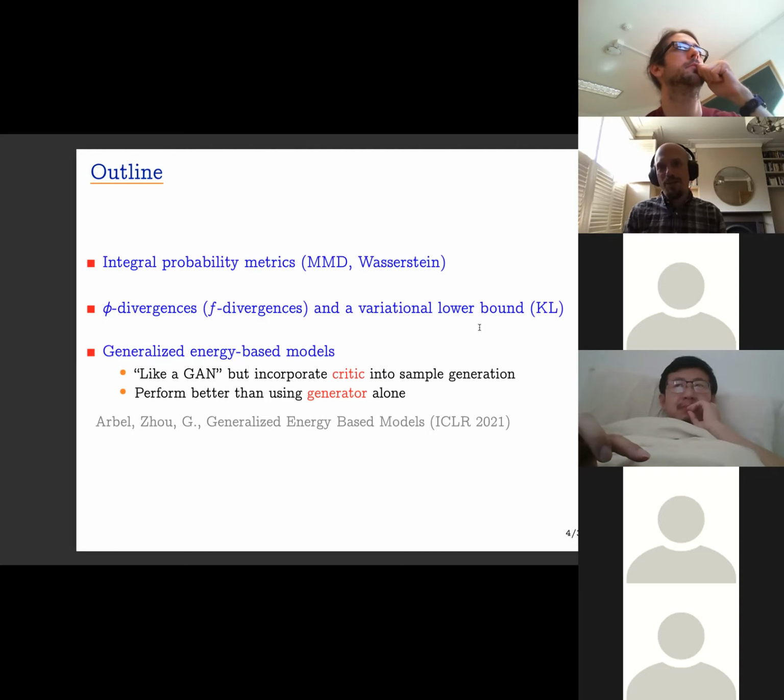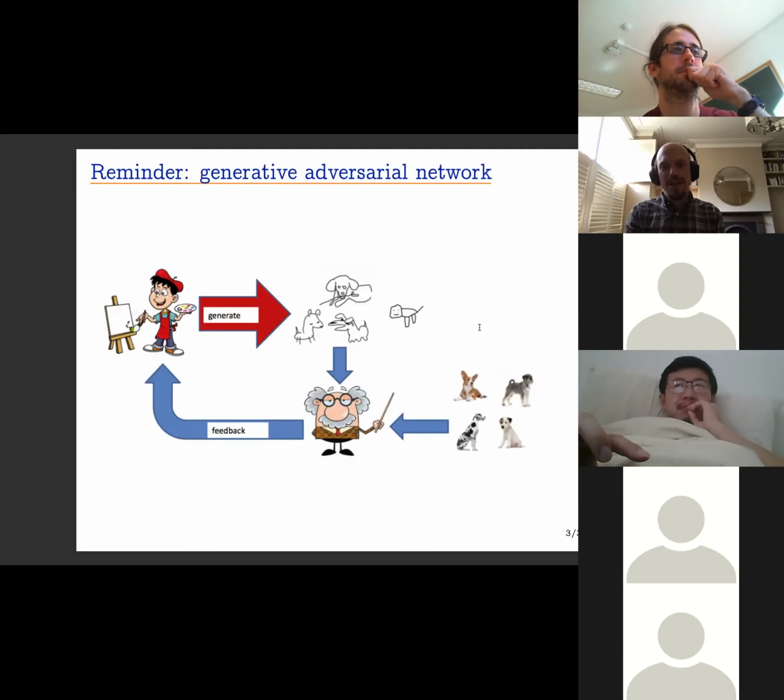Then the second half of the talk, which basically aims more towards the title of the talk, is to introduce this notion of generalized energy-based models. So at a high level, what they're doing is that they're using the divergence as part of the sample generating process. So if we look at how the critic function, our divergence, is used in a classical GAN, the critic